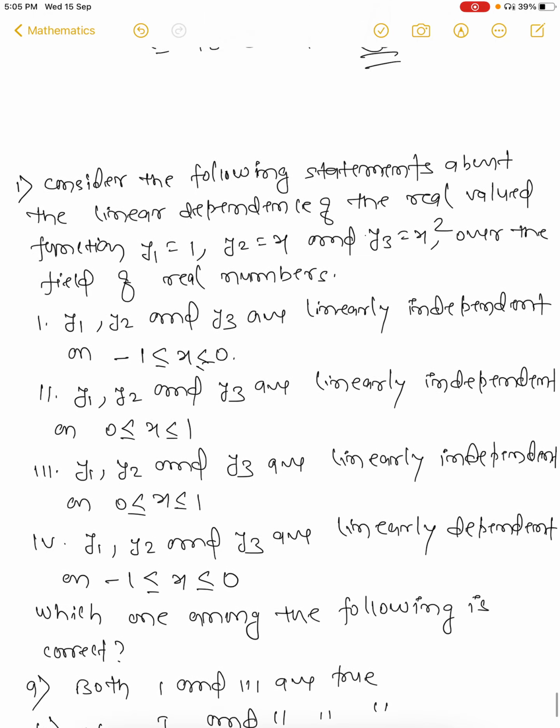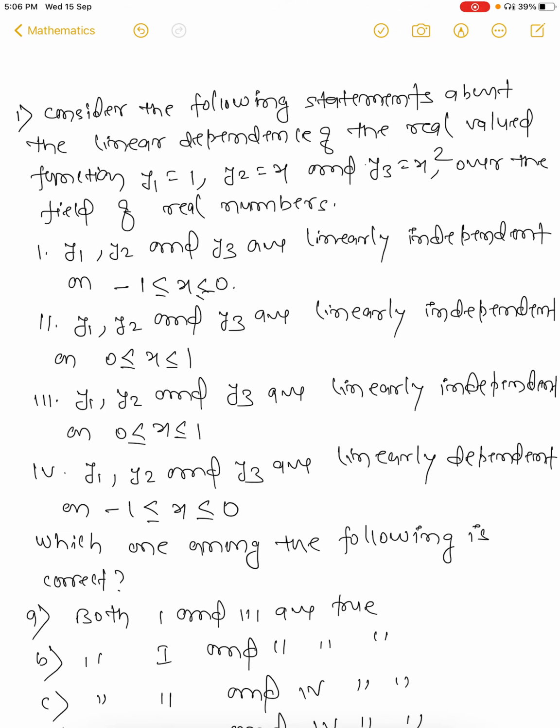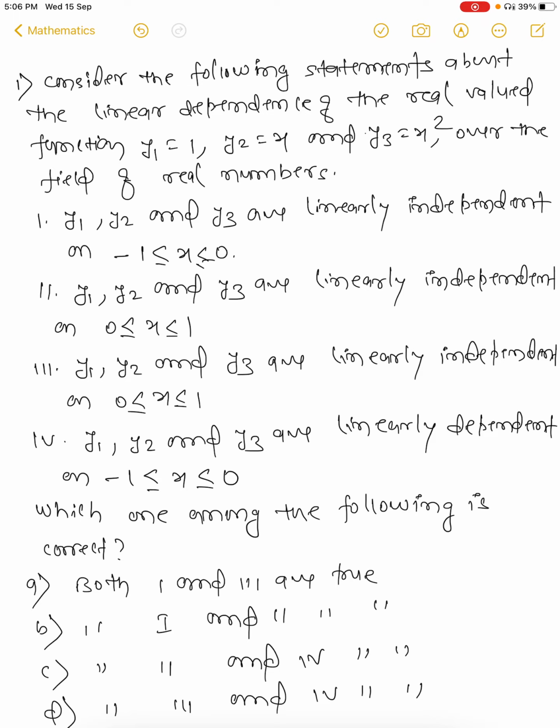What is the question? Consider the following statements about the linear dependence of the real valued functions y1 is equal to 1, y2 is equal to x, and y3 is equal to x square over the field of real numbers. y1, y2 and y3 are linearly dependent on -1 to 0. y1, y2 and y3 are linearly dependent on -1 to 0, not possible. y1, y2 and y3 are linearly independent on x from 0 to 1. Third one is y1, y2 and y3 are linearly independent on x from 0 to